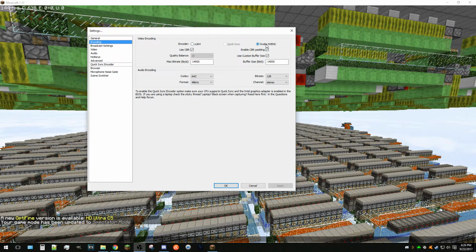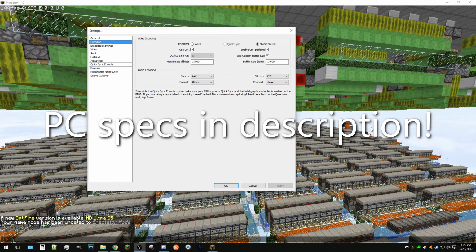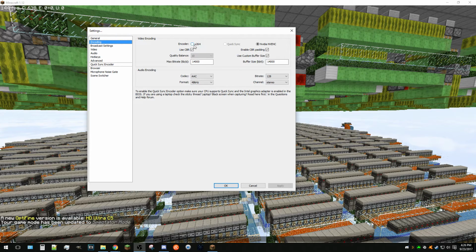So I record with my GPU because, as you can see, I make mostly Minecraft videos, which is a heavily CPU intensive game. So your X264 is like movie quality. This is what professionals use, and that records mostly with your CPU. If you don't know a ton about computer hardware, I apologize, but this is important. So this will use most of your CPU, so if you know that you have a better graphics card,